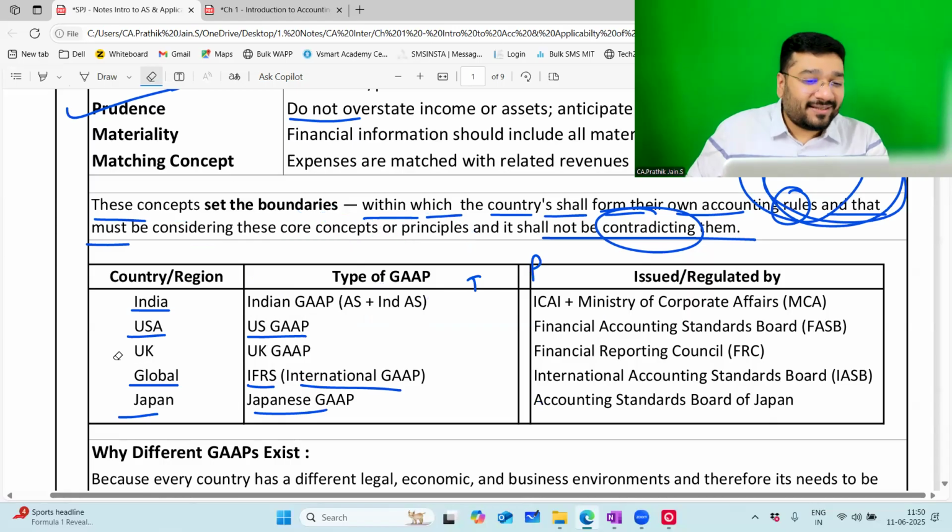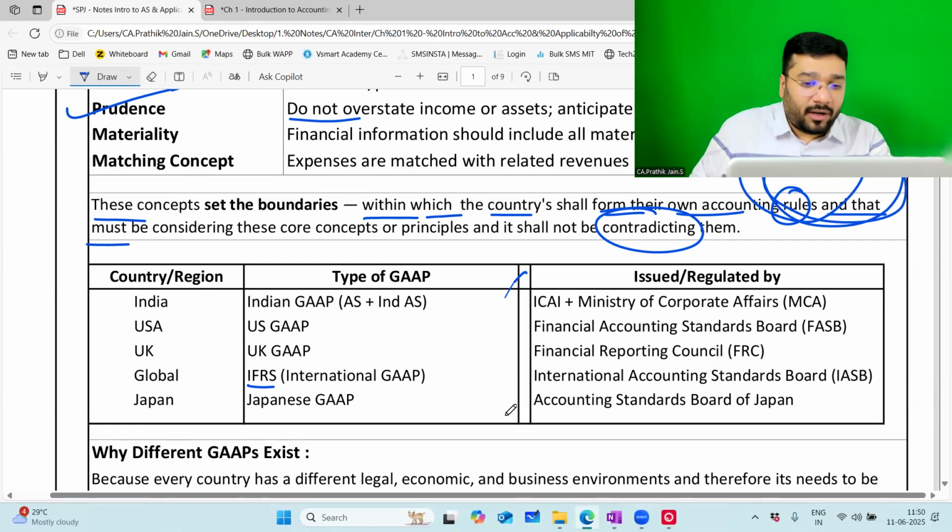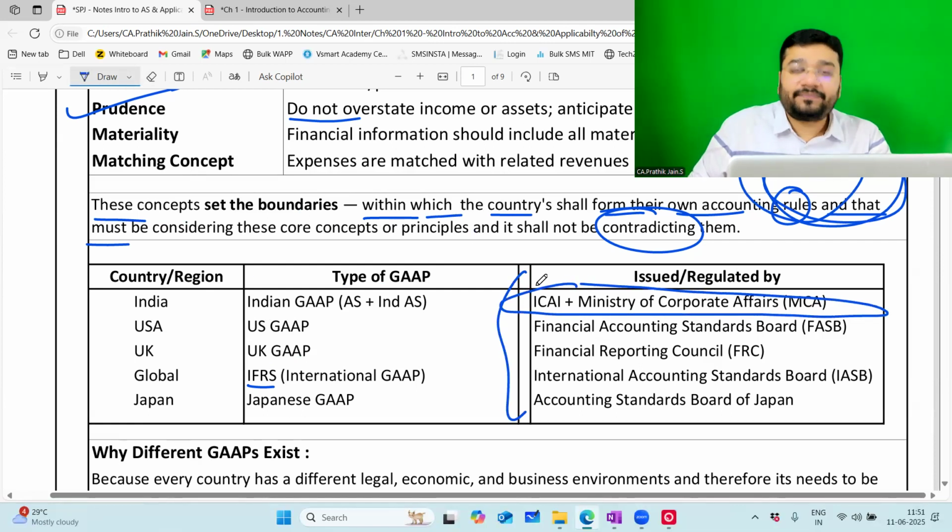Now the question is, issued and regulated by. I'm not going this much in depth for now because I have a detailed discussion to be done here. This alone, I'll be doing an in-depth discussion. As of now, your accounting standard Ind AS is issued by ICAI. More specifically, there's a body under ICAI called ASB, Accounting Standard Board. Accounting Standard Board is a part of ICAI. They formulate accounting standard, Indian accounting standard. Then they issue the Indian accounting standard with the approval of MCA.